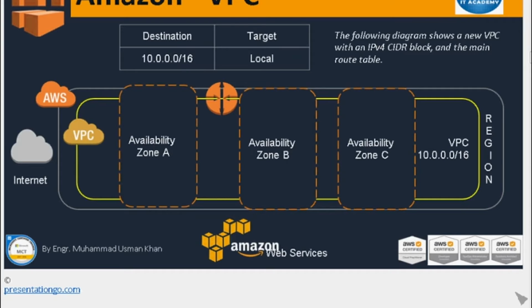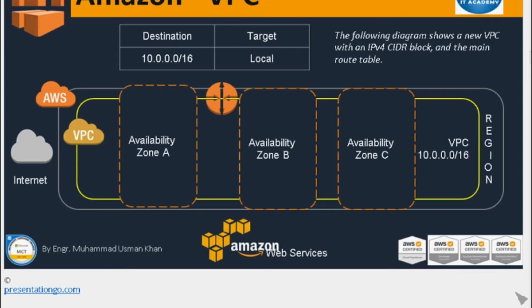And how it works: this is the internet connection and this is a routing table. Whenever you create a VPC, there is one routing table that exists, called the main route table. The main route table is technically called the private route table, and this route already exists in each routing table whenever you create a VPC. Like if you create 3 route tables, you will find this route in all of the route tables in the appropriate VPC. You don't need to add the specific route in the specific VPC.